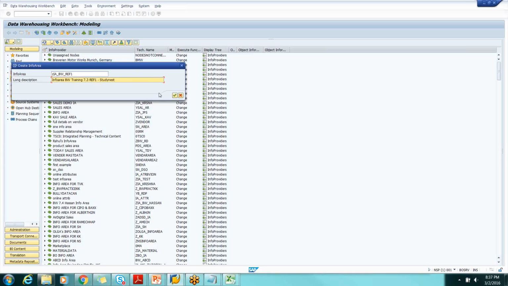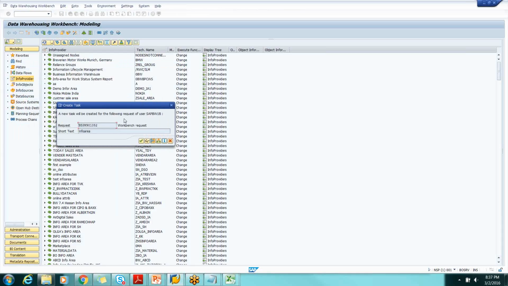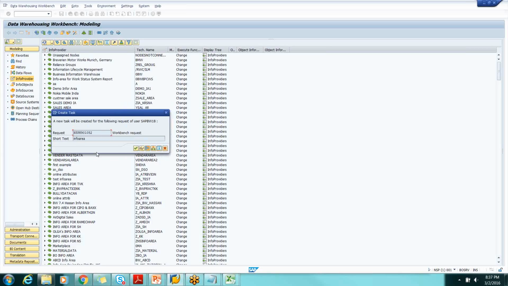That's what I'm going to do. Info area, click OK here. It's going to ask about a task. I need to explain the task to you, but I can do that later in the class, because this is a separate session. You won't understand, or it will be difficult to realize, what a task is at this moment. So I'm just going to create